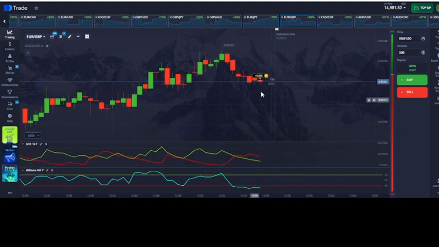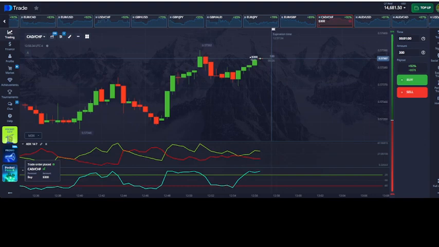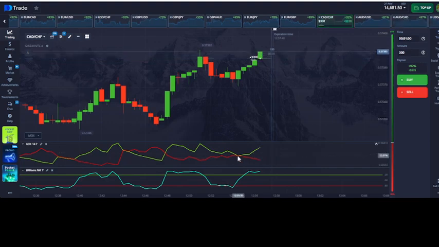Okay, so that trade was a tie, neither a win nor a loss. All right, so let's pause the video and look for the next setup. Okay, so I'm on the Canadian dollar Swiss franc, and I just took a buy trade here. And the reason why I took the buy trade, we're seeing a strong divergence of the plus DI line and